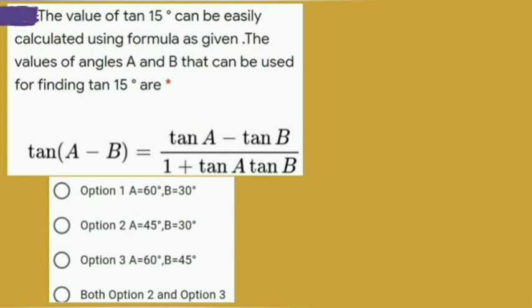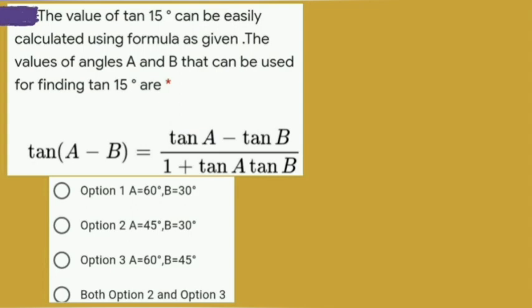Since we all know that the angles in the trigonometric tables that we are supposed to use do not include 15 degree, but we can easily find tan 15 degree here. So they are asking for the correct option for A and B to get the answer. That is, we have (tan A minus tan B) upon (1 plus tan A tan B). That means we are supposed to tell what should be the value of A and B so that we get